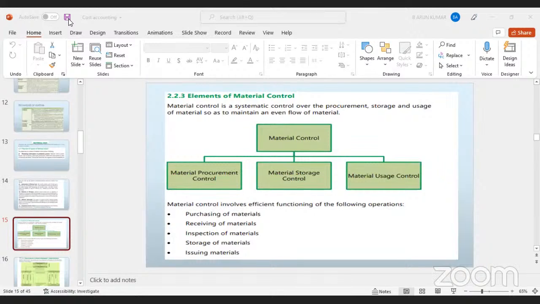Okay. In material control, the first one is procurement of material. The second one is, after purchasing the material, we store that material in safe places. The third one is storage, where we store that material. For example, in